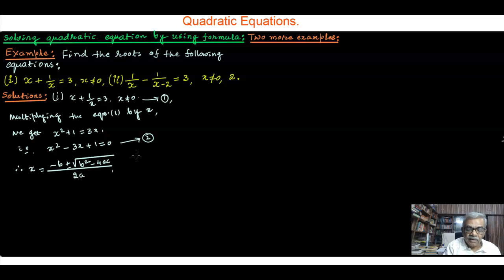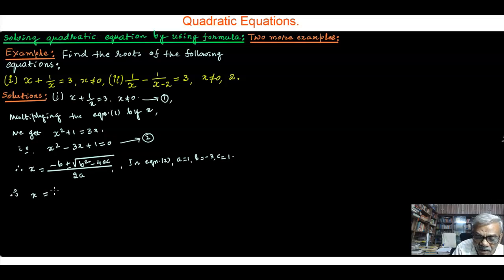Now here in equation 2, a equal to 1, b equal to minus 3 and c is equal to 1,